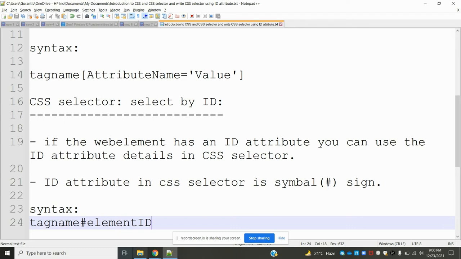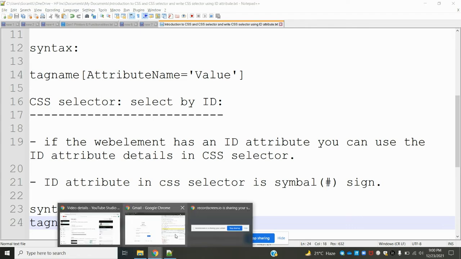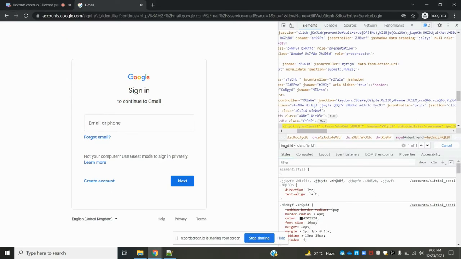Now we'll see how easily we can find it. See, here I mentioned input, id equal to, and the identifier, right? This is lengthy. Again, I'm going to do it in a very short way, with the ID indication symbol. This way also we can find it. See, now it is showing one selecting, right?